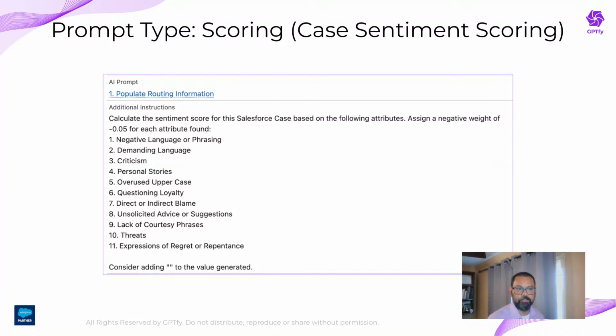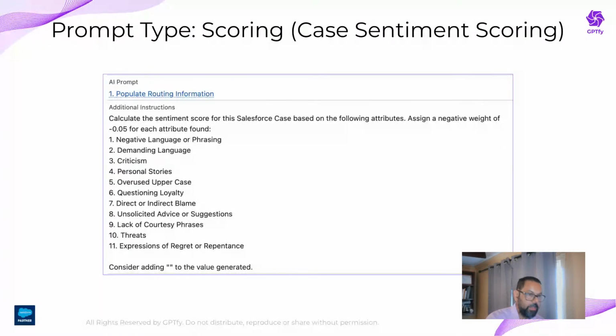As you can see in this, we are saying, hey, we have created this. And what you don't see here is the CRM data grounding, which is probably further down in this prompt, where you can say, look at case subject, look at the content of the case, look at the case comments. And for each of these things, assign them a score, right? Assign negative or positive based on what has been said on the case,